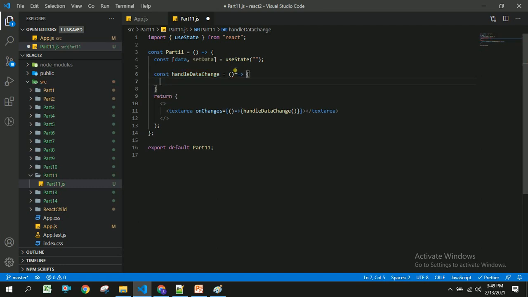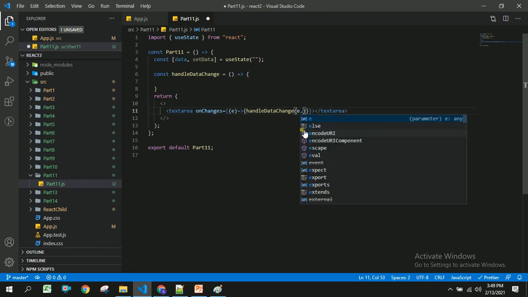If you don't know about arrow functions, you can go back to my channel where I have clearly explained what is meant by arrow functions and why we have to use that. And once user changes this, we will be able to get the data from event. So here I am going to write event.target.value.